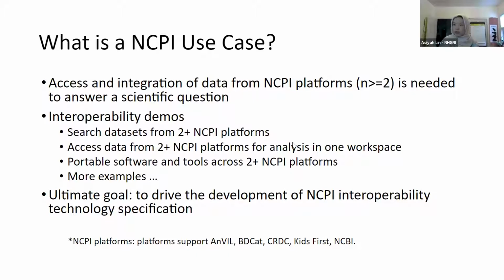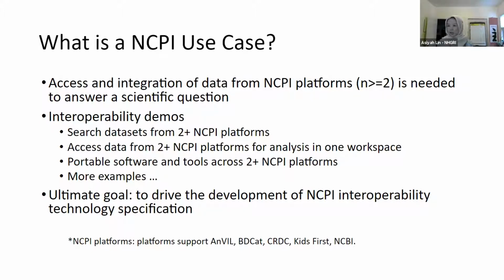So we will start with what is an NCPI use case. When we need to answer a scientific question, accessing and analyzing data from more than 2 NCPI platforms becomes necessary. The wording on this slide is a little bit wrong, but it's fine. In this case, an NCPI use case can be initiated, and then the NCPI use cases need to demonstrate the